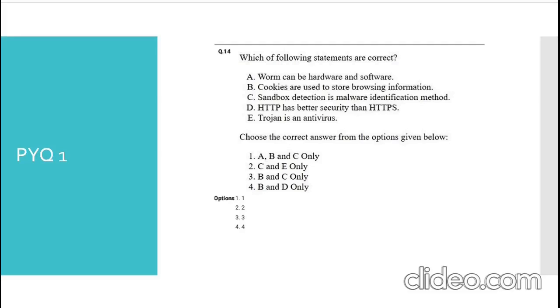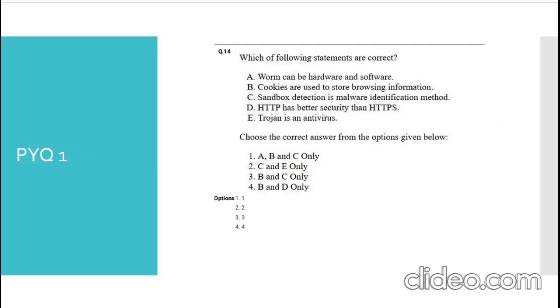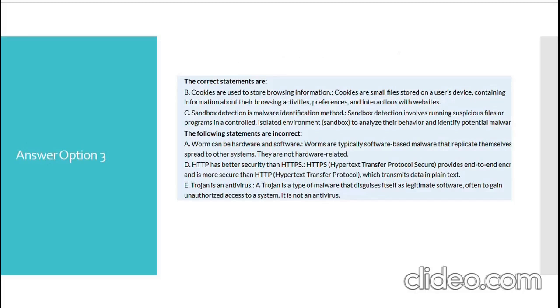So the correct statements are option 3 is the correct answer, that is B and C only. Okay, why B and C? We will see. The correct statements are B. Cookies are used to store browsing information is correct. Cookies are small files which are stored on a user's device containing information about their browsing activities, preferences and interactions